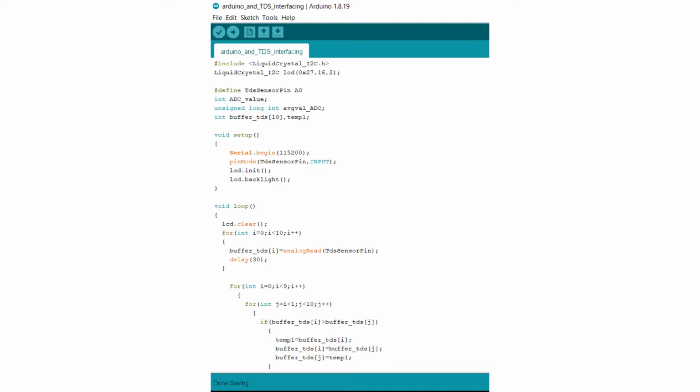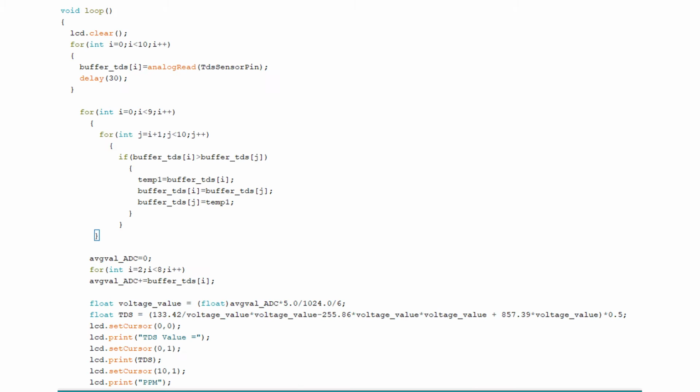Now let's see the software code. The software code is written in Arduino programming language and compiled using Arduino IDE. Here only one library is used, for the I2C LCD. This software code basically measures the output voltage of this control board. For accuracy, we measure the output voltage of this board multiple times and convert it into TDS value. The value is in ppm. You can download the software code from the link given in the description section, compile it with your Arduino IDE and finally upload it to your Arduino board.